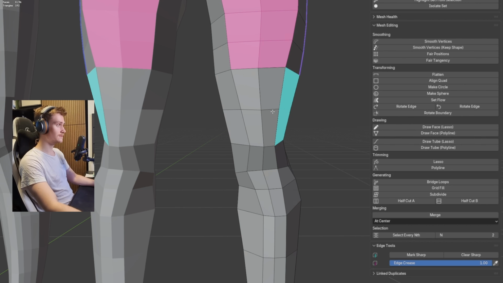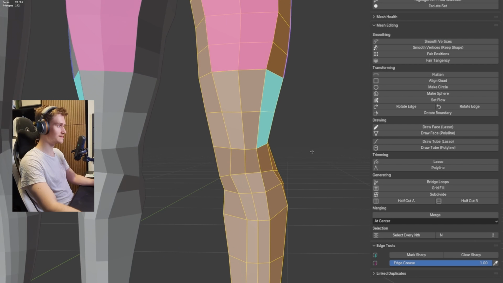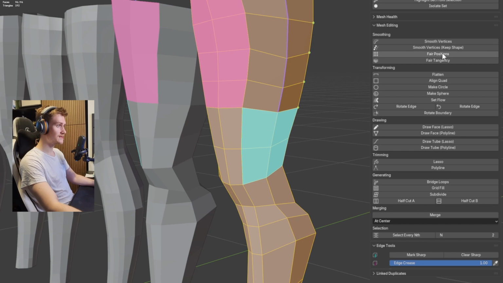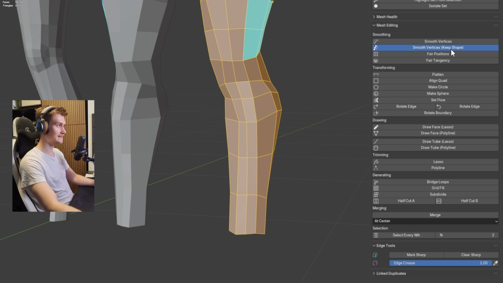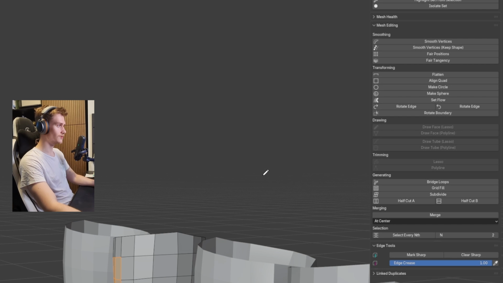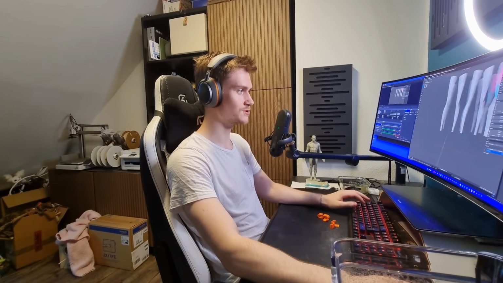We have default functions, for example, the smooth vertices feature. Then there's also an improved version, in my opinion, which is the smooth vertices keep shape, which makes sure that the shape of the model is retained a little bit better. Something I use a lot for polymodeling is the draw feature. So you can just draw something and that gets turned into a face. There's a lot more small things in detail, but the last cool thing that I want to show you